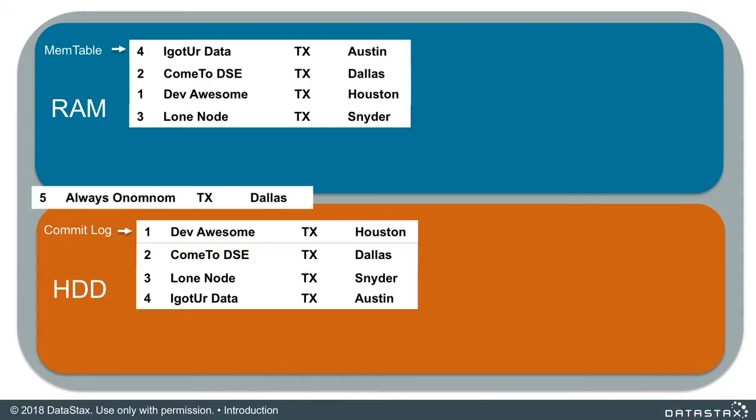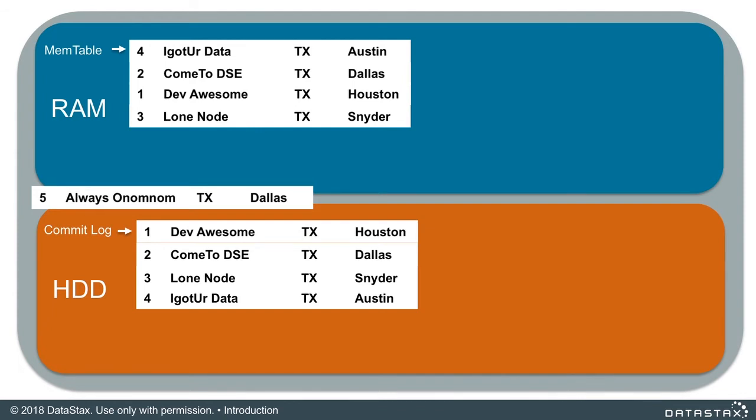No big deal. The key point is if we need to do a read, we can do a read, get our data back sorted by partition key, and then clustering column. In this case, the partition key is the same for all of our records, Texas, the clustering columns are the city. In comes another write.